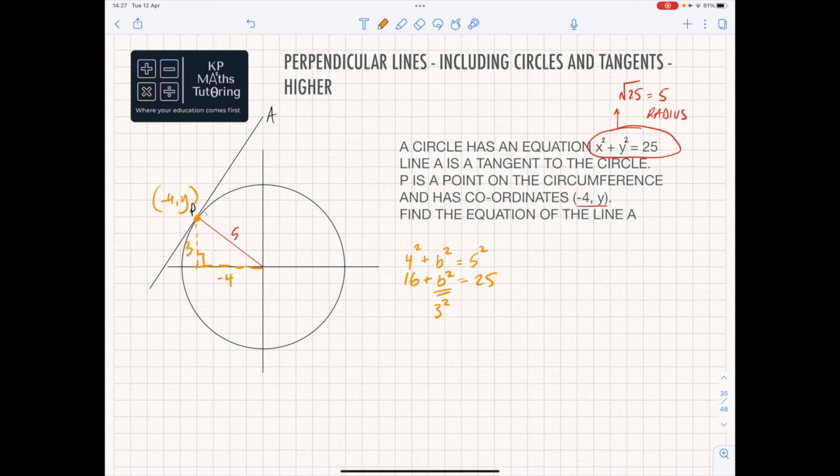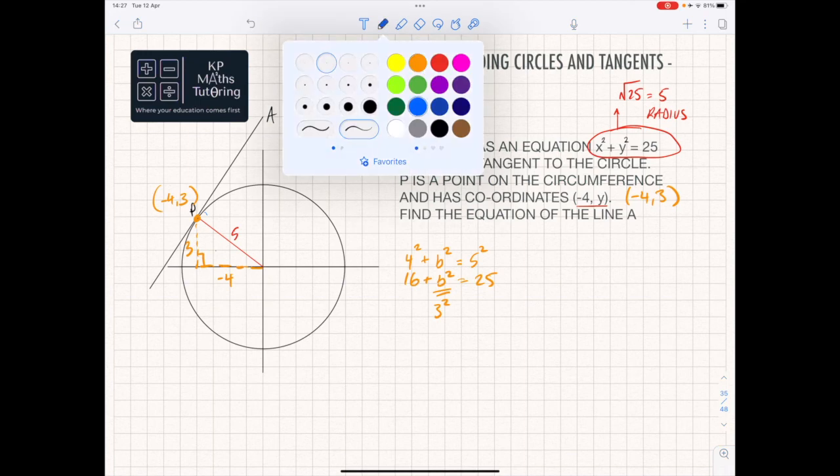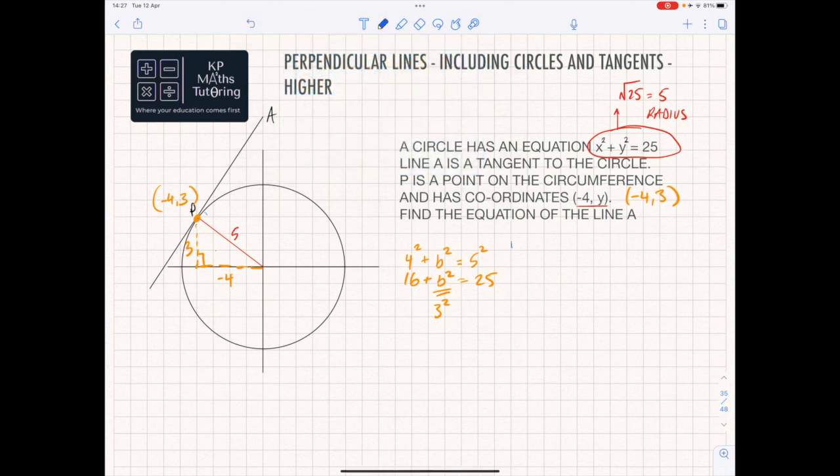So the coordinates at that point are minus 4, 3, because we know we're going 4 back and then 3 up here, because it has to make a correct triangle using Pythagoras. So that can be your starting point. If you're a little bit stuck on that, that is your starting point. So if you do want to pause the video now and have a go at working it out, you can. So I'm still going to need to do change in y divided by change in x